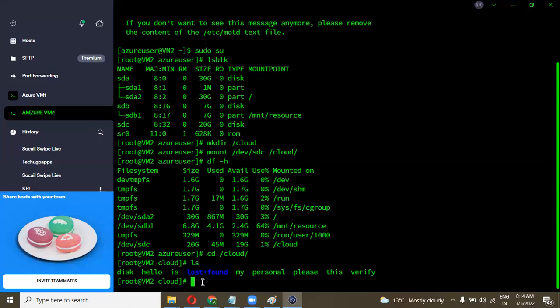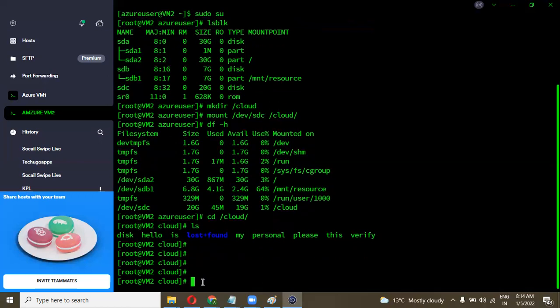If I delete any directory over here, I need not format or reboot the machine. But on a Windows machine, if you change your IP or anything, you need to reboot your machine. This is the drawback of the Windows machine, and it is the advantage of the Linux machine.